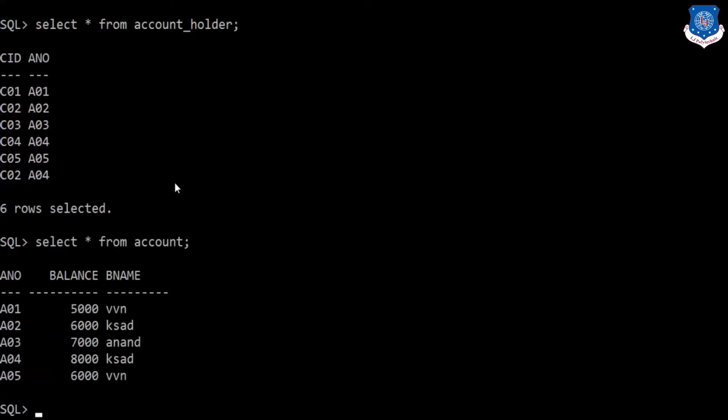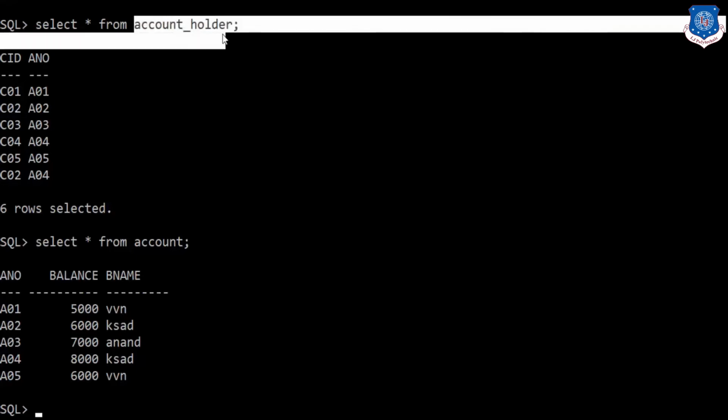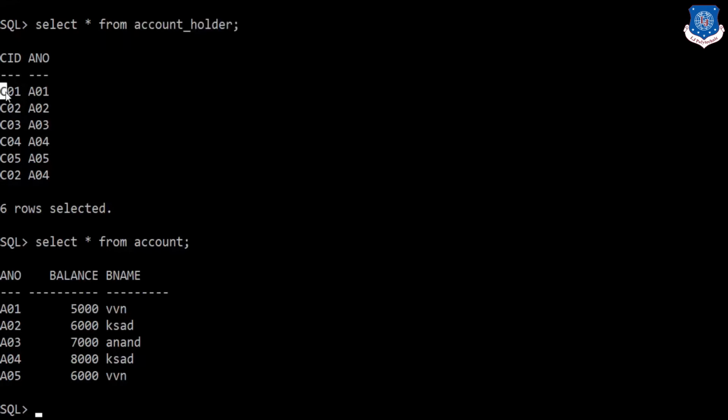Now what is subquery? Subquery is a query within another query. Now let's see how it works. Suppose I want to check balance of customer C01. So in account holder table, I have customer ID.